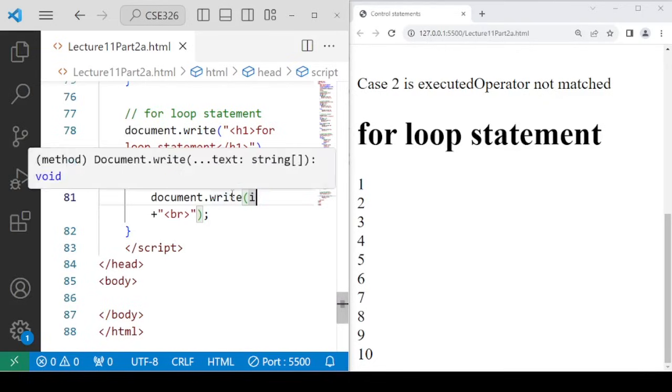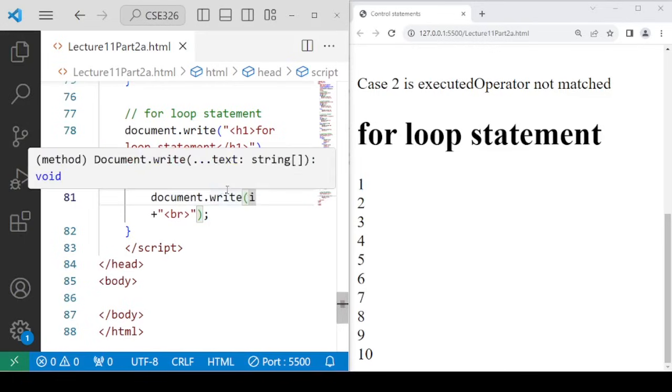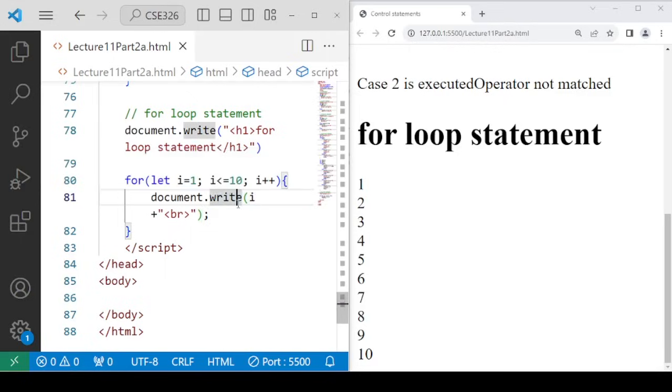But when the i value becomes 11, at that time it will exit out of the loop, because 11 is not less than or equal to 10. It is greater than 10. Hence, the condition becomes false, due to which it comes out of the loop, and hence nothing else will be